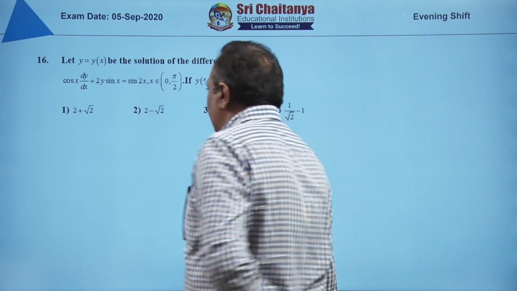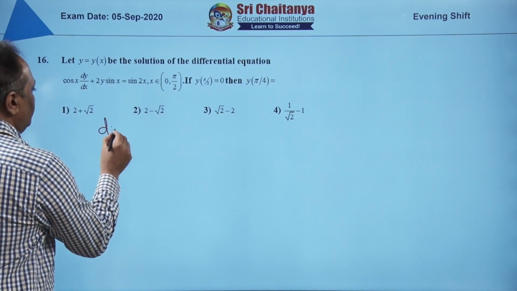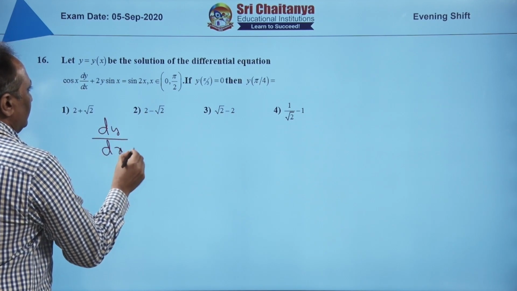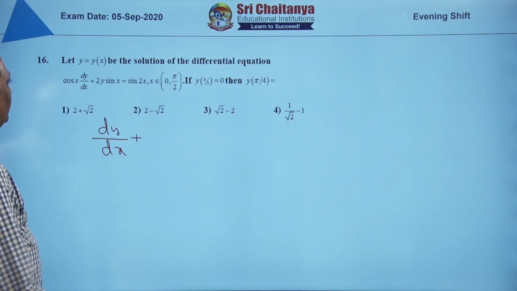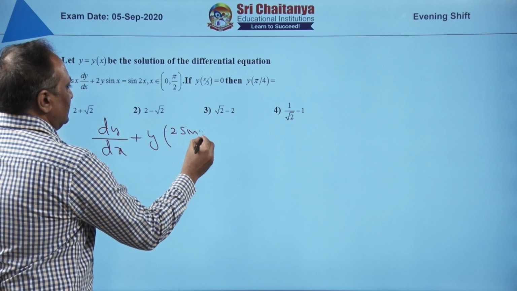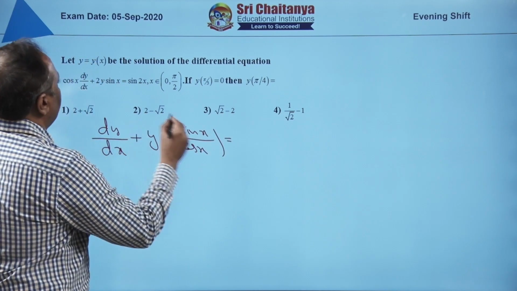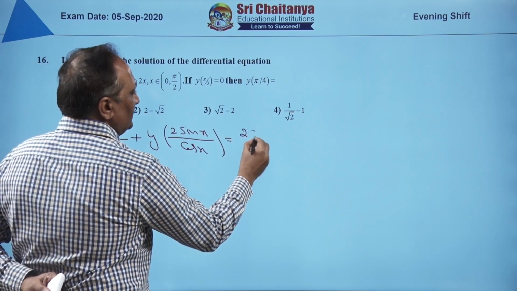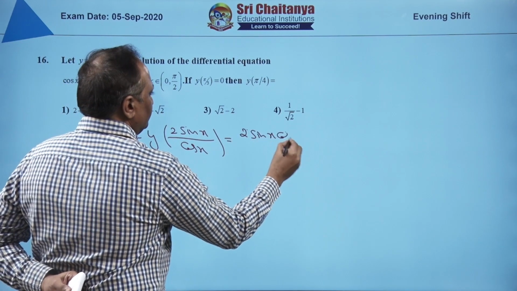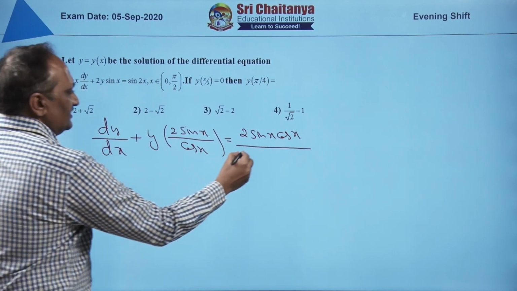See how to get the linear differential equation from this. dy by dx plus, divide throughout by cos x, it becomes y into 2 sin x by cos x, that is equal to, the right hand side is sin 2x, write this as 2 sin x cos x, and by dividing throughout by cos x, this becomes